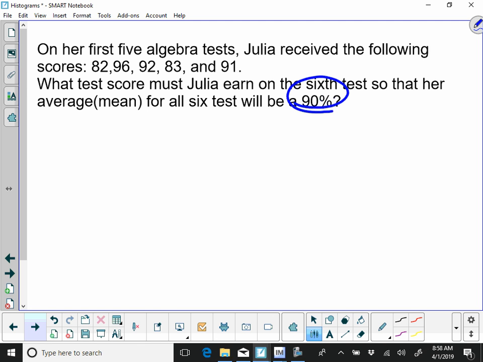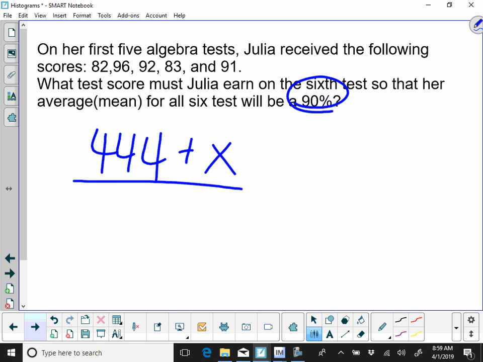All right, what did you get when you added 82, 96, 92, 83, and 91? 444. Okay, listen, 444, plus do you know your sixth test score? No. So plus something we don't know. Now divided by how many would there be? 6, right? 5 that you added plus the one you don't know, and we want that number to equal